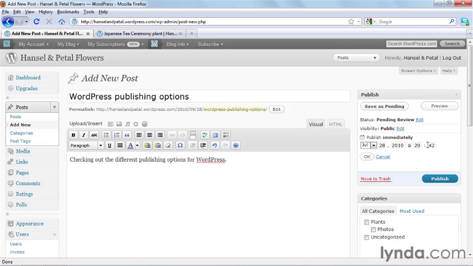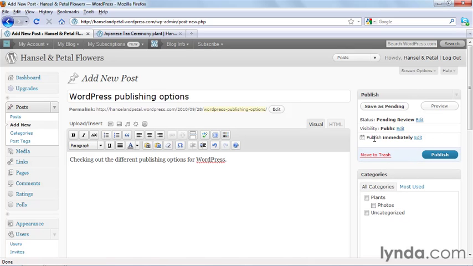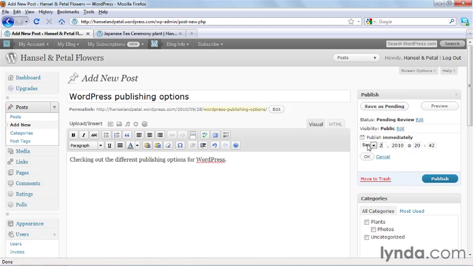This time relates to the time zone that you set under settings in your blog. So if the time zone is set to Pacific time, like this one is, this time corresponds to Pacific time. And as you can see, this is European time count, so it's 2042, which means 8:42 p.m. When you've changed the time to what you want, I'll set it back to September, click OK, and the post will now be scheduled. If you change it to post later, let's say we just change it to 29th instead,